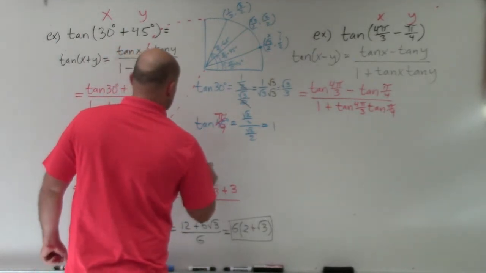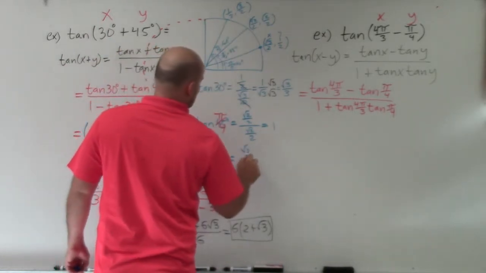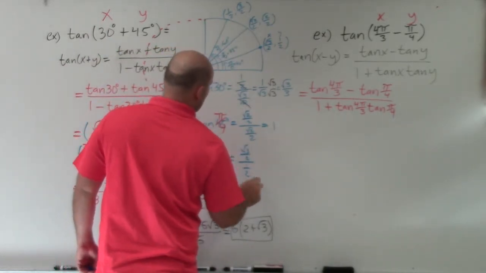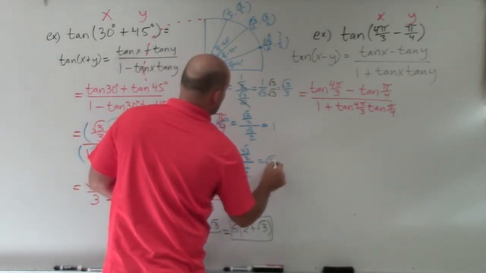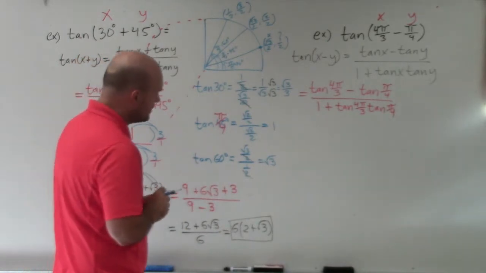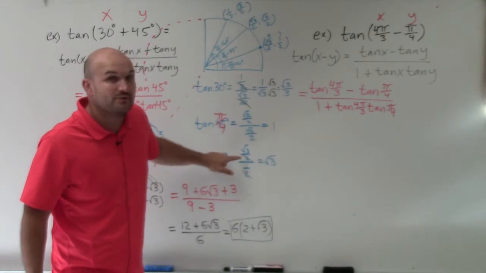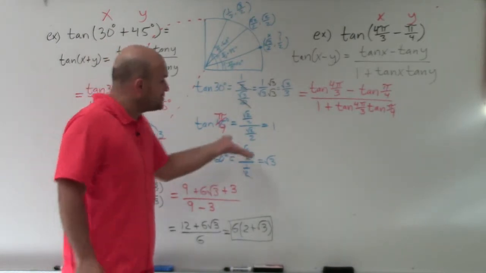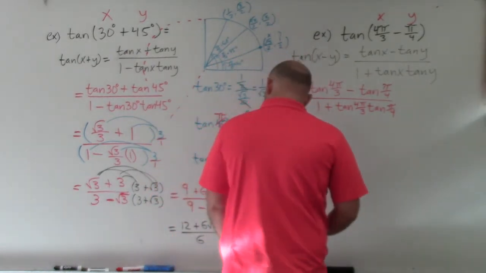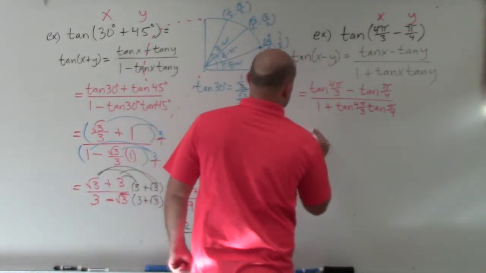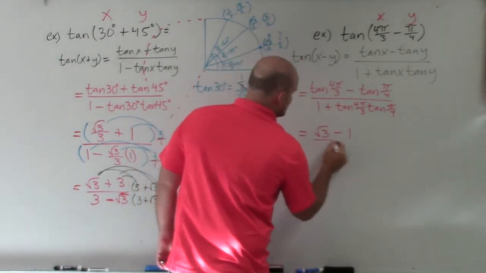If I did the tangent of 60 degrees, or pi over 3, that's going to be the square root of 3 over 2 divided by 1/2. By simplifying this out, I'm left with the square root of 3. OK, so if I change this to the third quadrant, that would be negative square root of 3 over 2 divided by negative 1/2, which would still give me the square root of 3. So therefore, tangent of 4 pi over 3 is the square root of 3, so now I have the square root of 3 minus 1 divided by